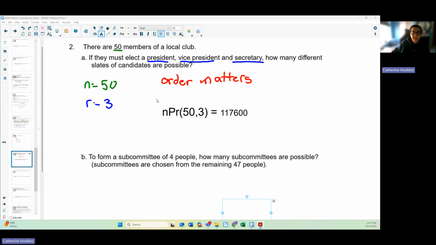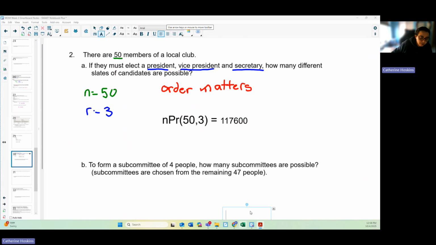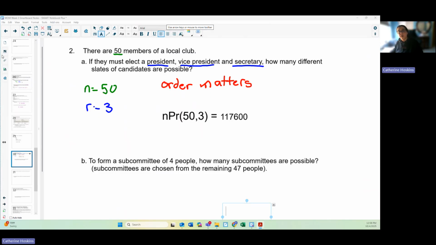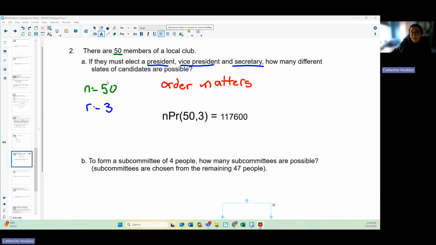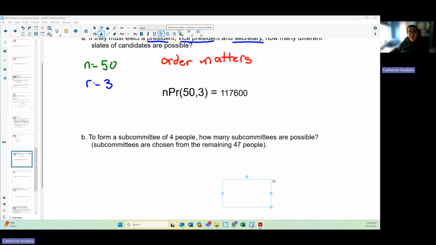I apologize. We already picked three. This is not a different question. I was looking at this four, but we are looking at the same question. So we started off with those 50 people. Then three people were picked for president, vice president, and secretary. So because three have already been picked, these 47 are who are left. So we now have 47 students left to be picked from. Out of those 47 remaining,